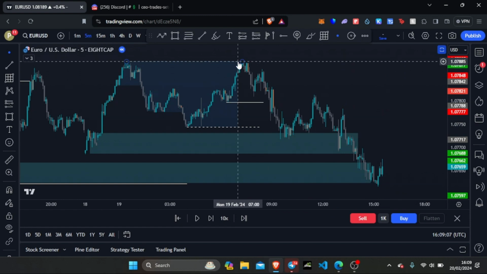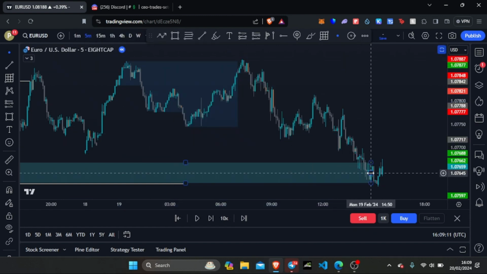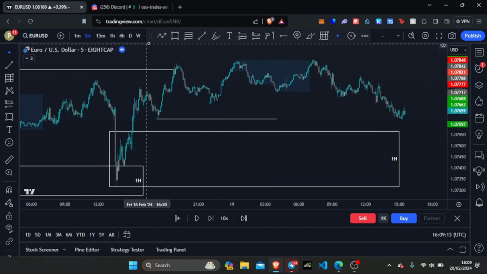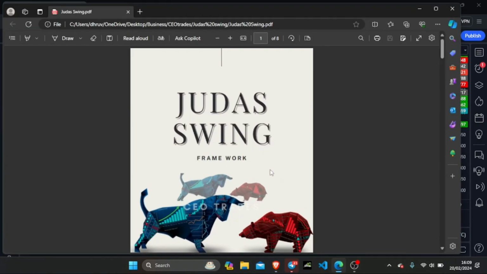So first of all, let me clear off all of this that I have on the chart so that we can look at it with fresh eyes. Now, this is going to be a trade that incorporates both of the strategies that I use in my day-to-day trading. The first one is the Judas swing, for which I have a framework,